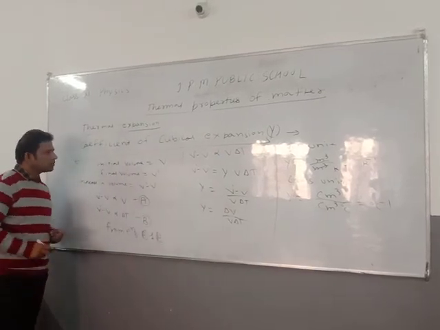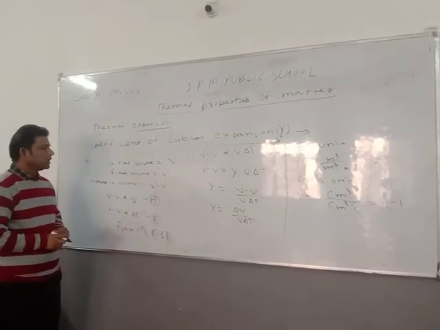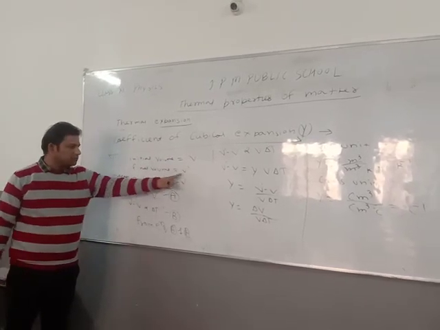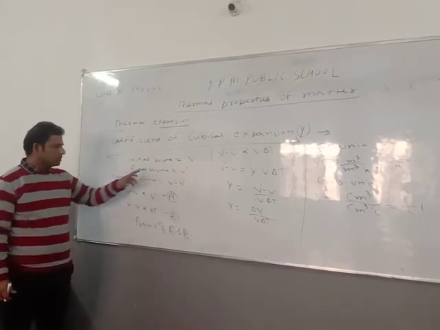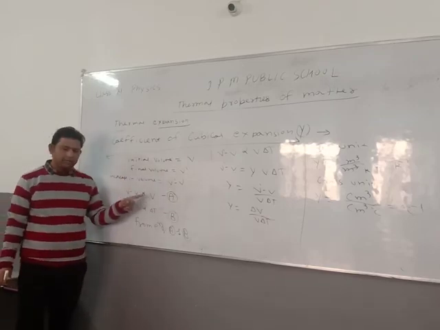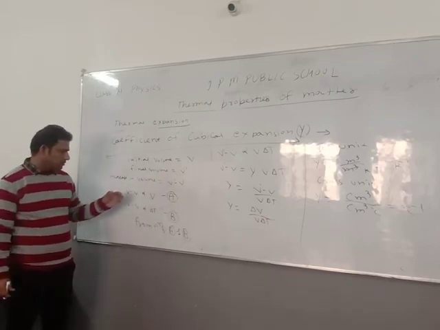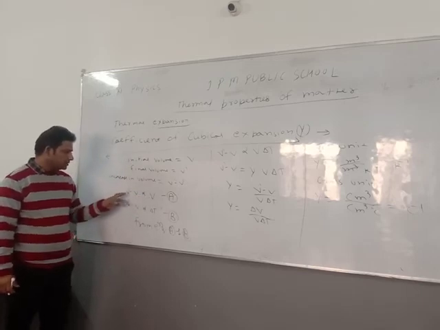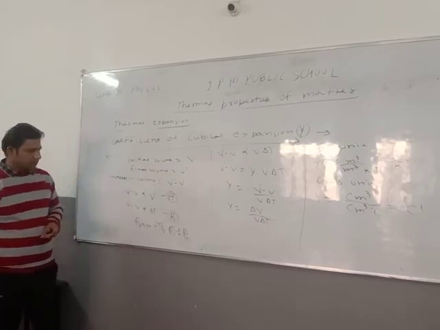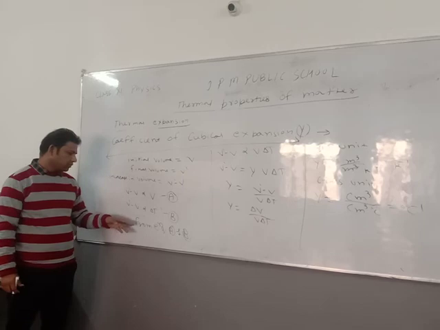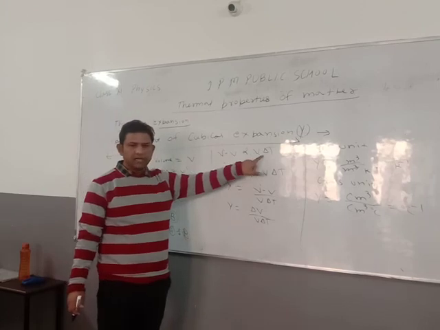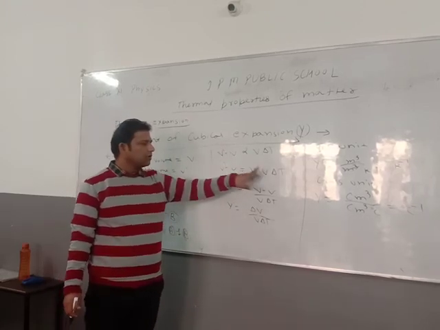So students, listen again. For the coefficient of cubical expansion, we take gamma. We take initial volume B and final volume B dash. Then the increase in volume is final volume minus initial volume, which means B dash minus B. So B dash minus B is directly proportional to B. If we increase the volume, then the change in volume also increases. B dash minus B is directly proportional to the change in temperature, which means the increase in temperature. So from equations A and B, B dash minus B is directly proportional to B del T, so B dash minus B equals gamma B del T.